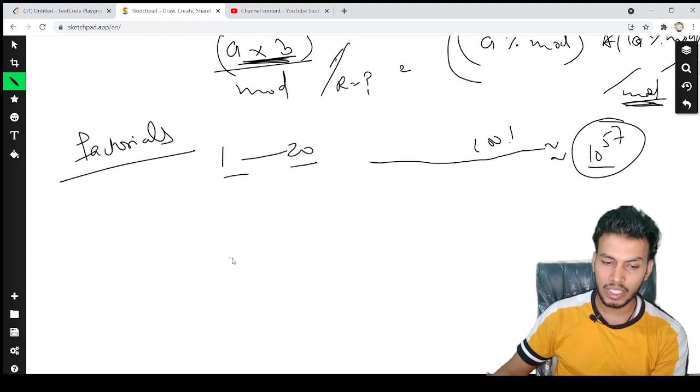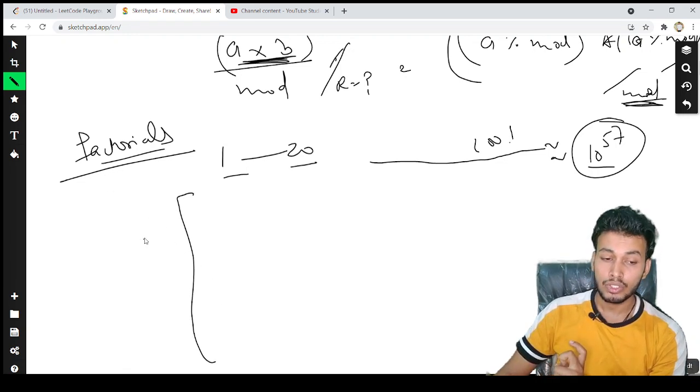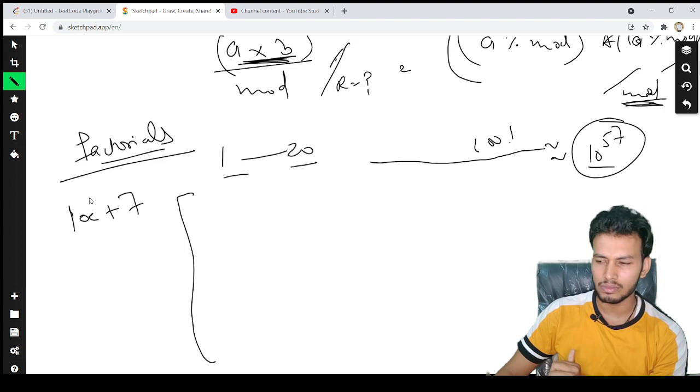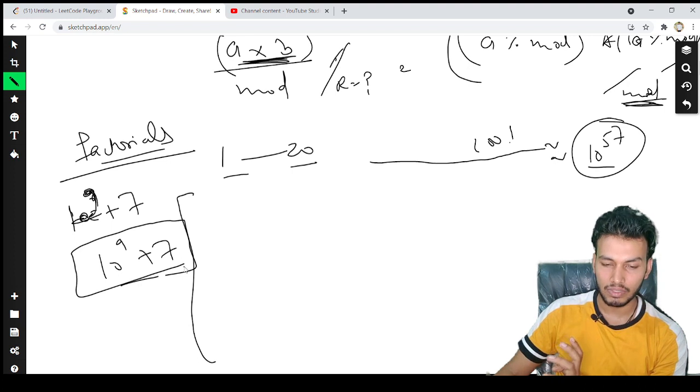So now, let's say you have a problem statement where you need to deal with factorials. What the author will do is tell you to print the answer modulo 1e9 plus 7. I don't remember exactly how much value they give in general, I guess 10 raised to the power 9. Yes, they give 10 raised to the power 9, so 1e9 plus 7. It means you need to find the mod of this value, that is, you need to find the remainder.